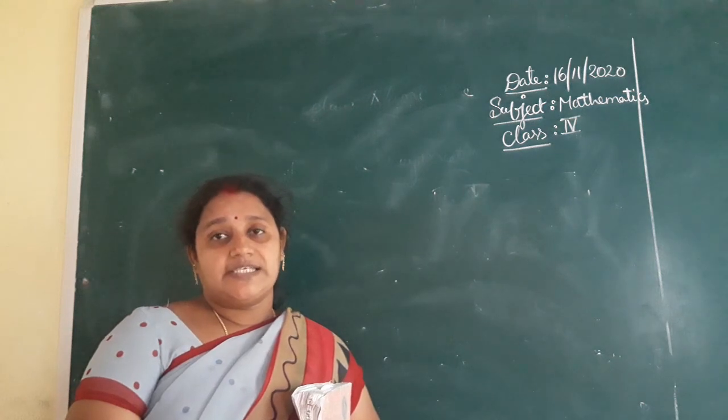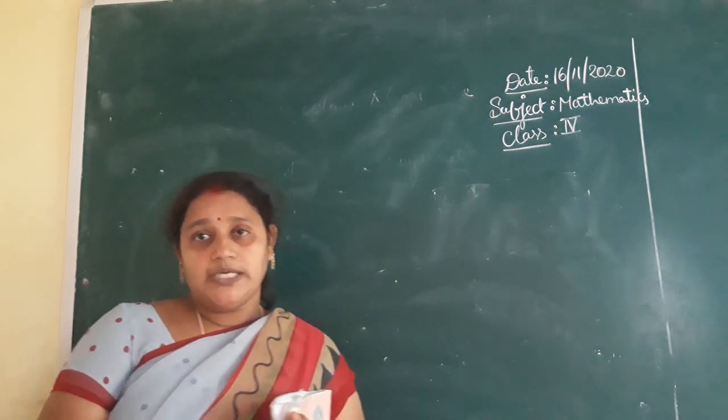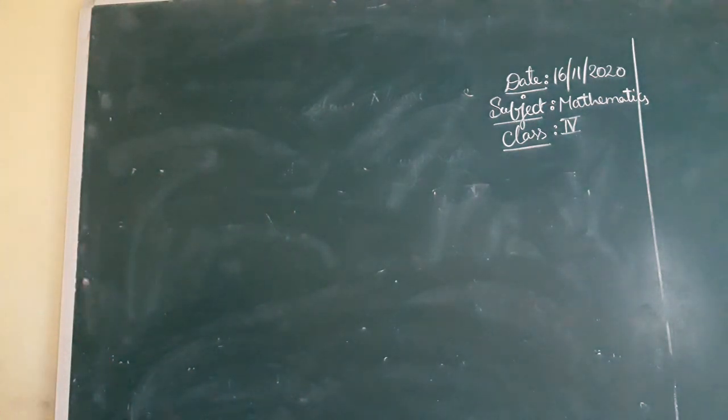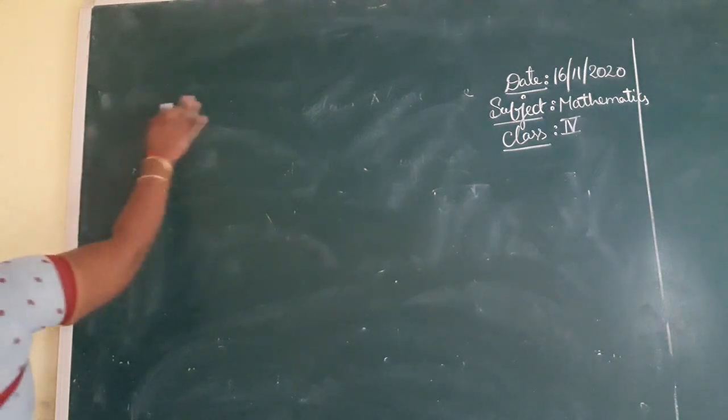In the previous class we completed the division exercises, how to do it with the two-digit number. Now let us start our class with word problems. See the class. How to write the division, how to write a quotient and remainder if you divide a number by 10, 100 and 1000.